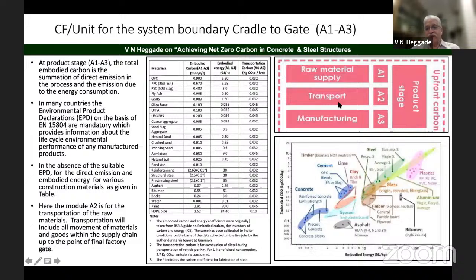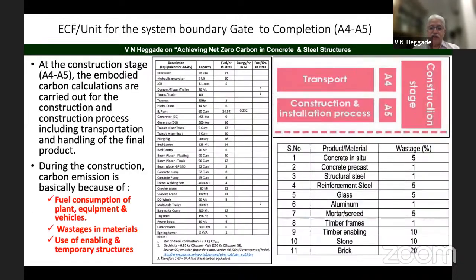Now, during the product stage, that is the module A1 to A3, we have got a carbon factor. I have just compiled the carbon factors which are available in India on the basis of my experience in working in the construction industry. This carbon factor has to be multiplied for the different materials. It's very simple: for the cement, how much; aggregate, how much. Suppose you are using fly ash, reinforcement steel or pre-stressing strands, even structural steel, all these carbon factors are available. That has to be multiplied with the quantity and you will straight away get the result.